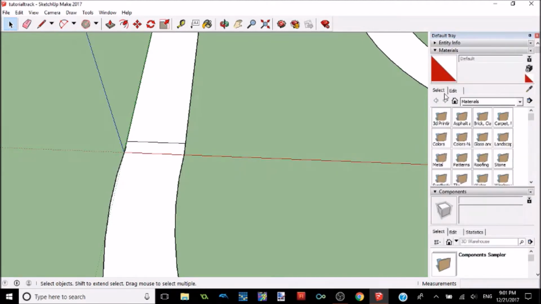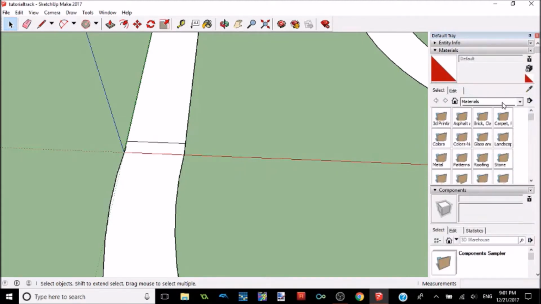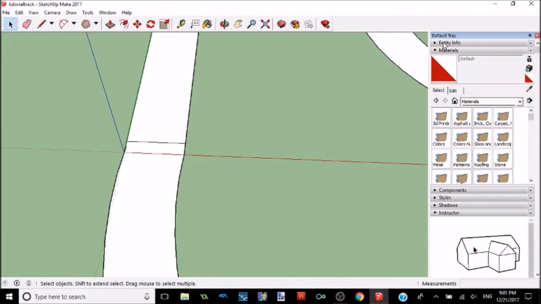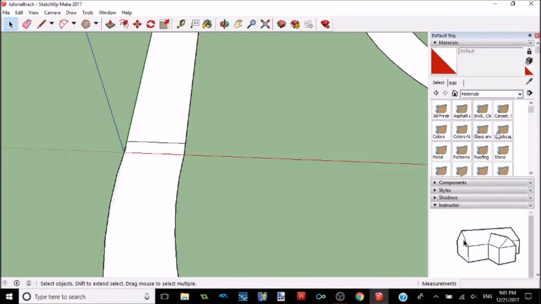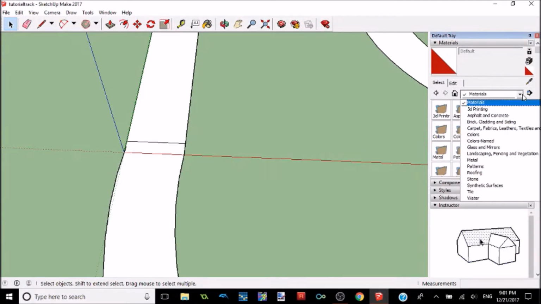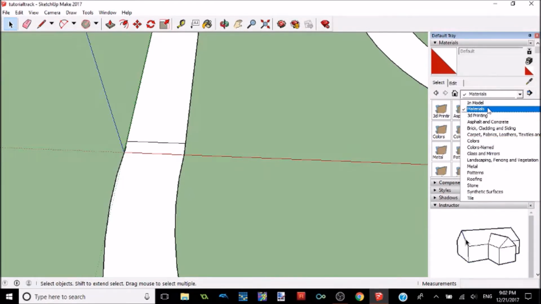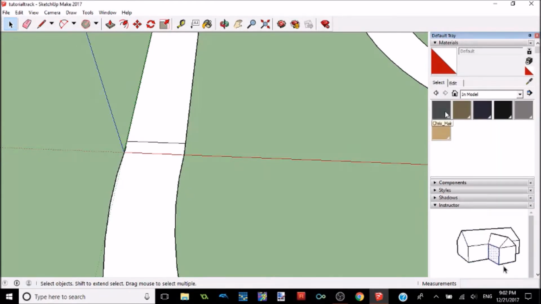materials right here. Then we can just click on materials, and then minimize that and minimize styles. Yeah, it's materials. Oh wait, no, I think we have to scroll up one. Yeah, sorry. And you want to click on in model, which will have some materials left over from the guide